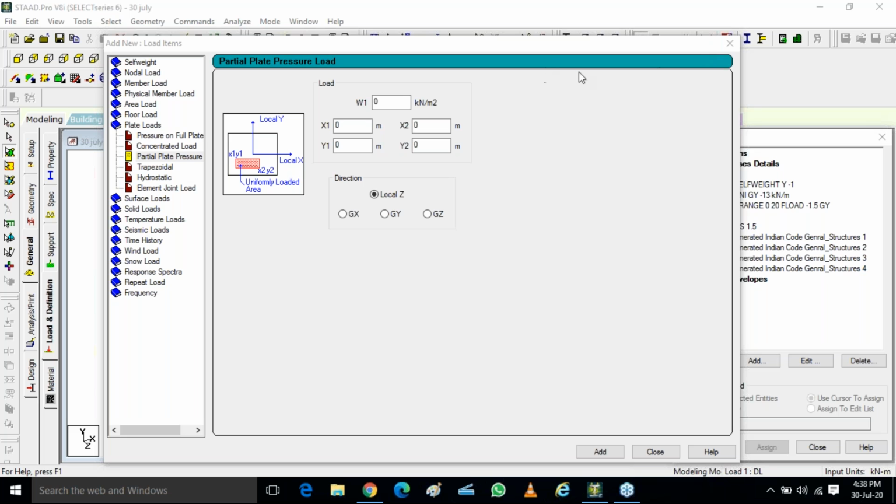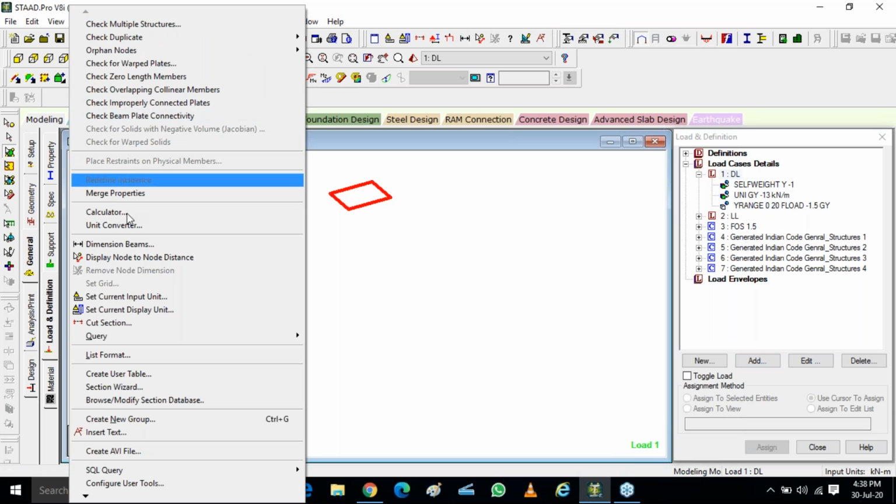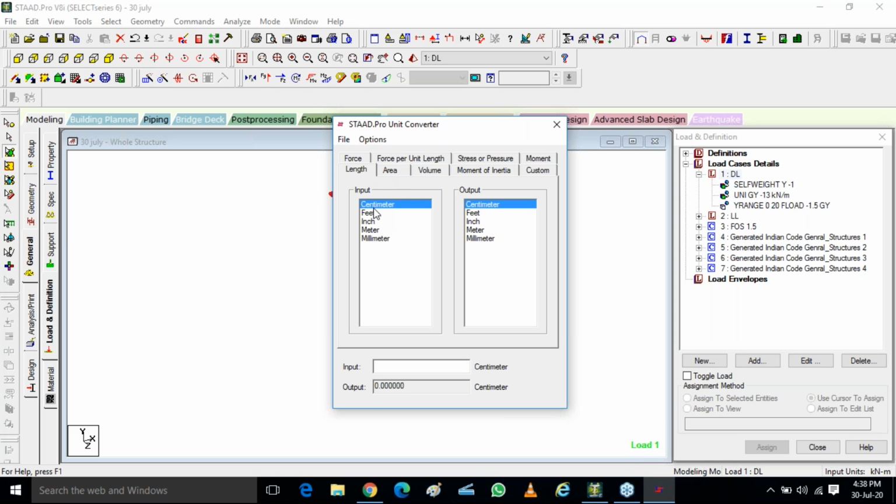So there is one very good tool in your STAAD, which is go to our tools, unit converter. Now I have a 200 liter water tank which is equal to 200 kgs. So I'll go to force, length, units, anything I can go. Input I'm going to put for force is kilogram, and output I want in kilonewton. The bottom base of my water tank is 1 by 1 meter. So I'll put 200 kg. So it is 1.96 kilonewton, which is nearly 2 kilonewton.